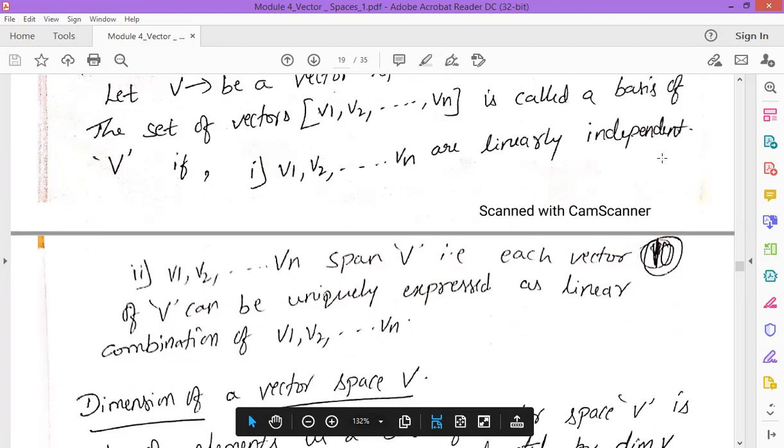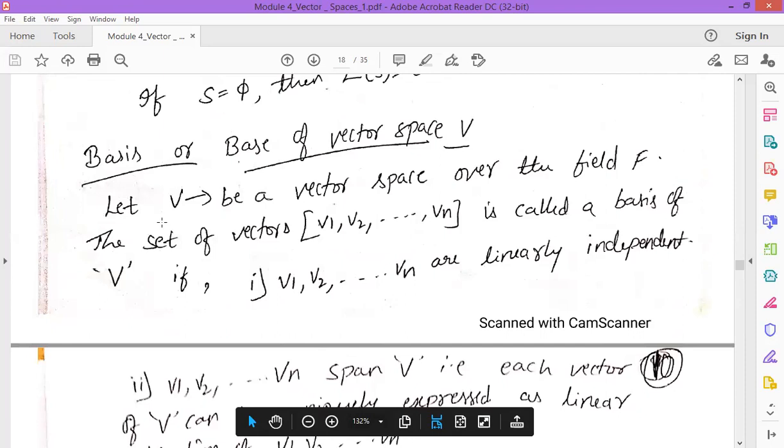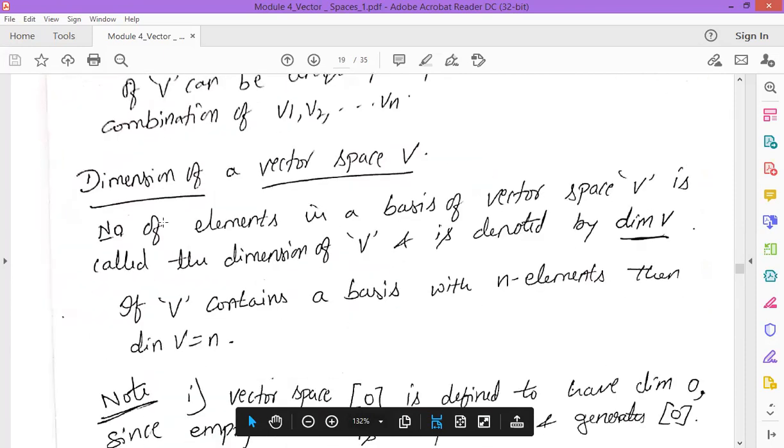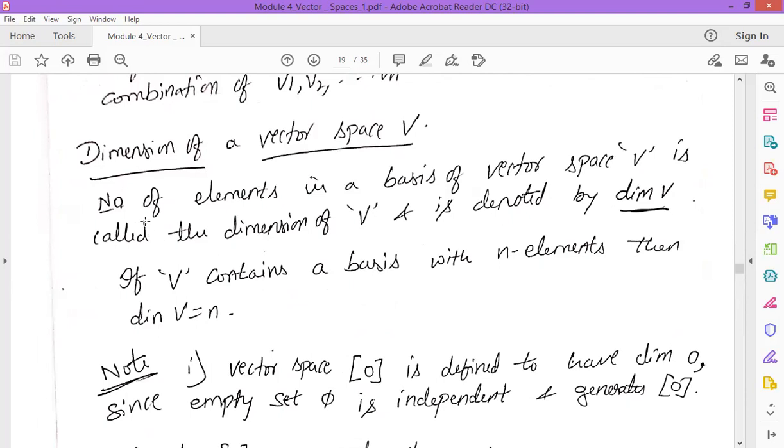So it must be linearly independent, and that must be expressed as a linear combination of the given sets. In such a case only can we call that a basis of the vector space. And the next concept is the dimension of a vector space V. Here, dimension is nothing but the number of elements present in a basis of vector